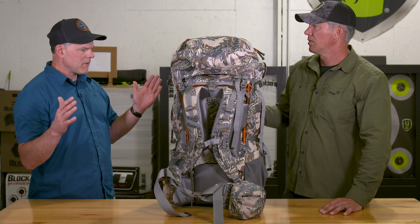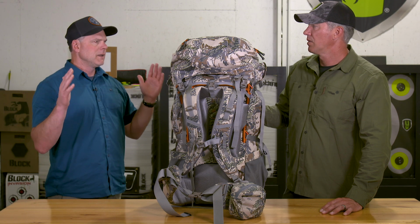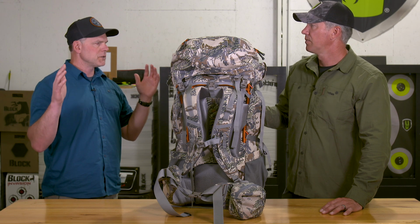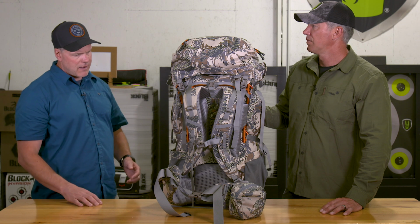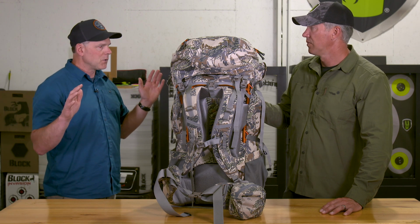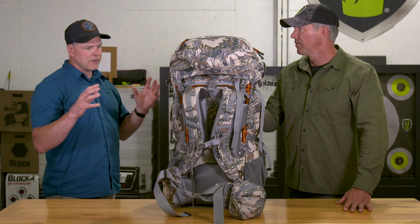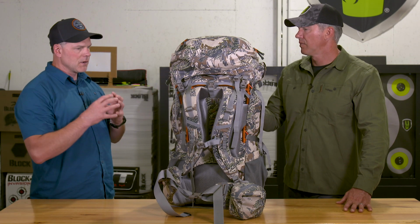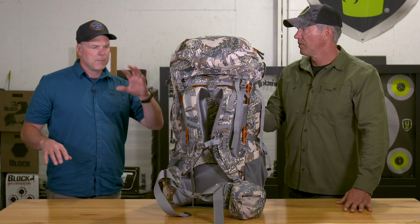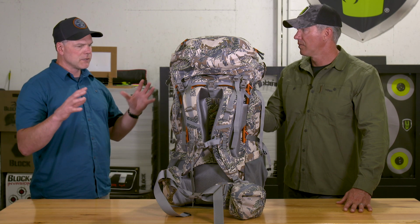Just because we wanted to provide a little bit bigger platform to carry out, like, an elk hindquarter as an example. So it's a big, large, heavy thing that you're trying to carry out. So by giving you that stiffer frame, making it a little wider, it's a good platform so that things aren't going to shift. Directly tying the critical load-bearing components like waist belt, shoulder strap, the meat sling or load sling directly to that